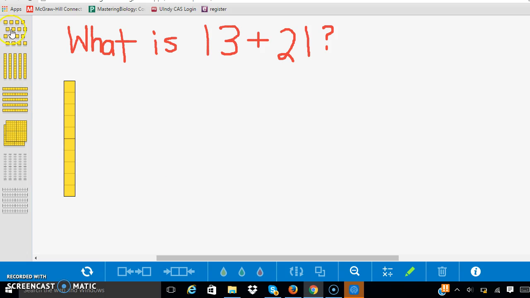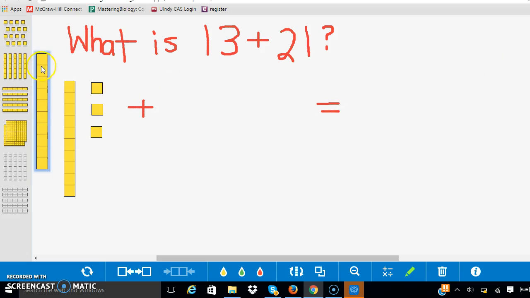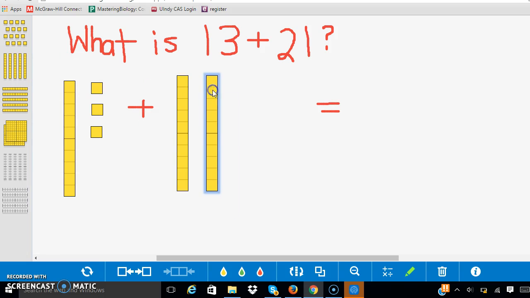So here's 10, I'm going to make 13, so it's 10 plus 1, plus 2, plus 3. It's addition, so it's going to be a plus sign. And then to make 23, we're going to need 2 up rods, because it is 20. And then we're going to add the 1. So if we don't know what 13 plus 21 is in our head, we can always count up the rods